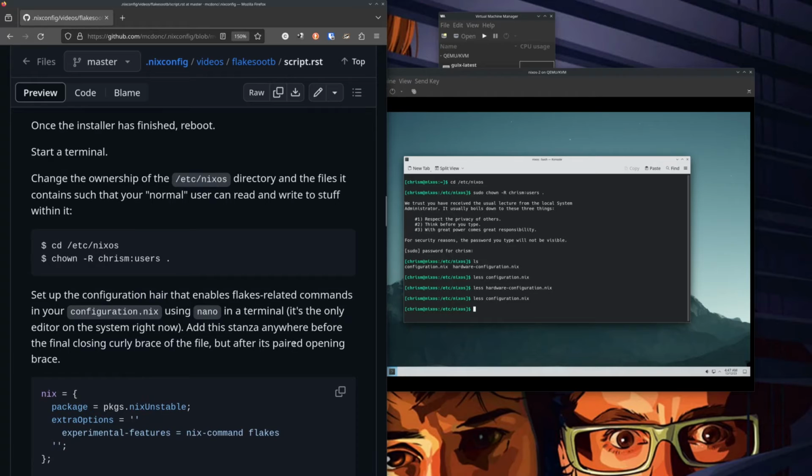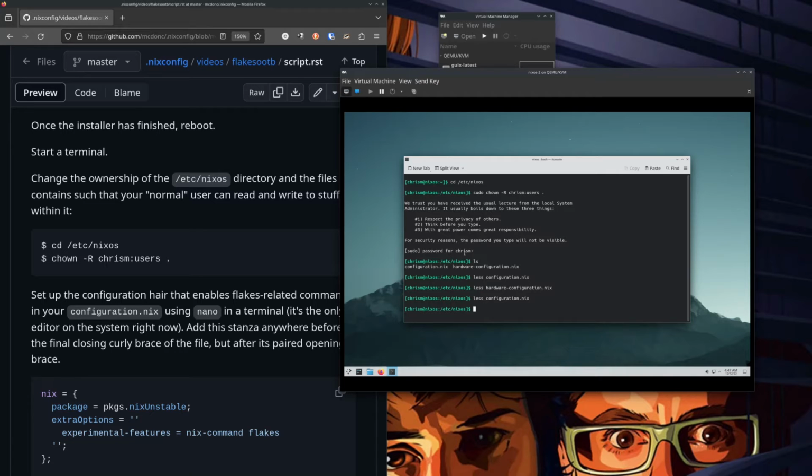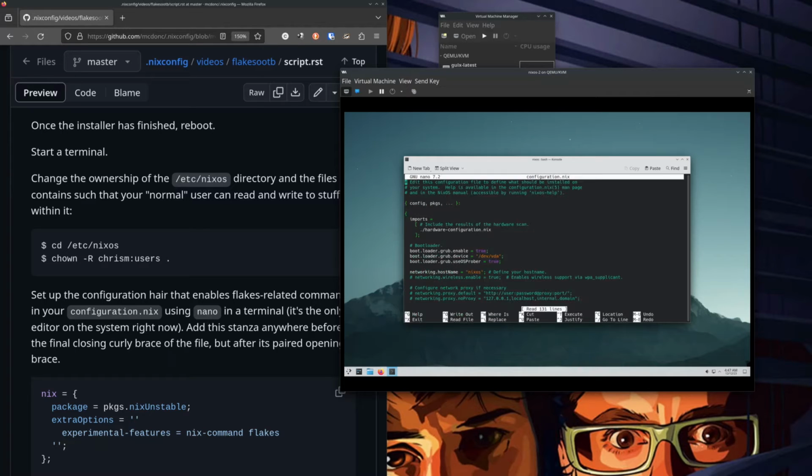In order to start mucking about with Flakes, we need to change our configuration.nix such that we can get into this Flakes mode. So the only editor that's installed right now is Nano, so we need to use nano configuration.nix,